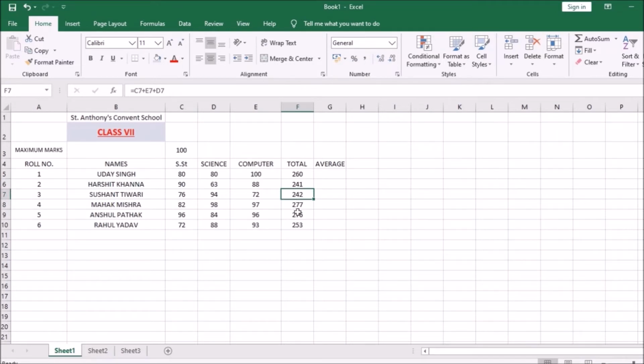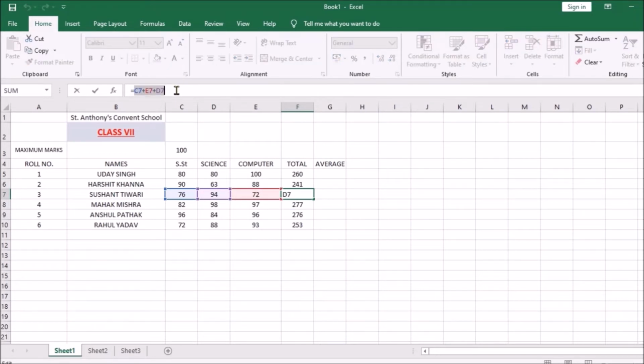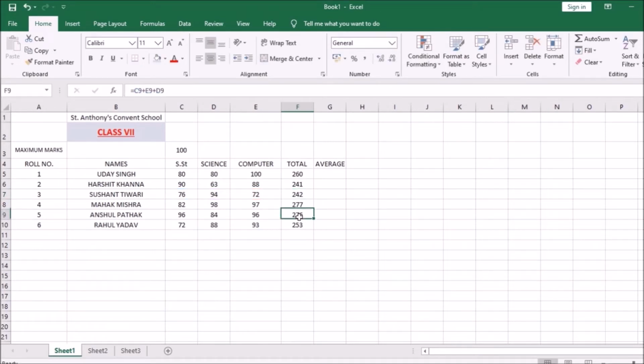Earlier, in the first part of the video, which is given in the description box, you were told that there are three kinds of cell reference. First is relative cell reference, then absolute, and then mixed. So these are the relative cell references. Relative cell reference changes itself according to the rows and columns when you copy the formula. So the relative cell address changes itself when you copy the formula. These are the things you are seeing here.